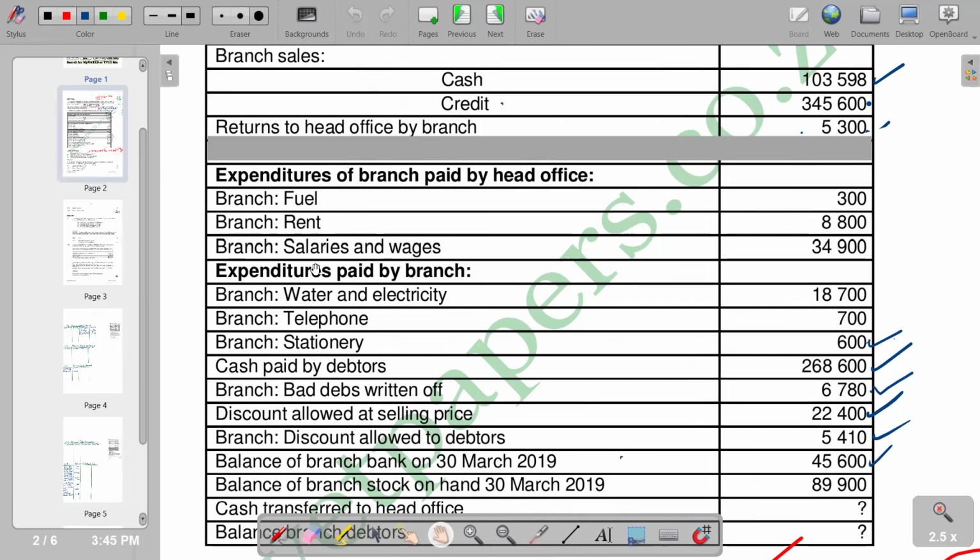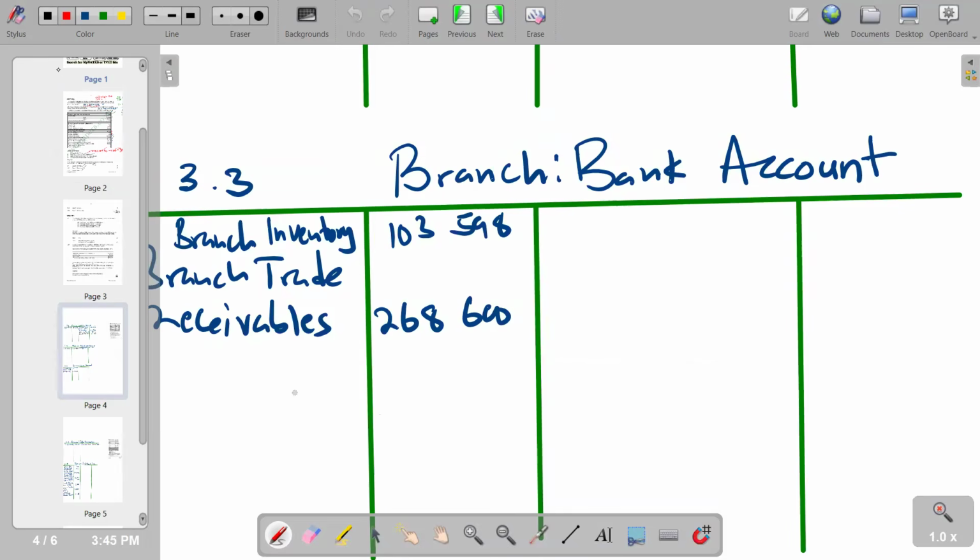So what do we have? We have branch water and electricity, 18,700. We're going to put it on the credit side of the branch bank account. We also have branch telephone, 700. We also have branch stationery, 600. We take the amounts as they are because they represent the actual amounts that were paid. So those are the three that we have to put on the credit side of the branch bank account. So we come here, we list them, whereby we've got branch telephone,